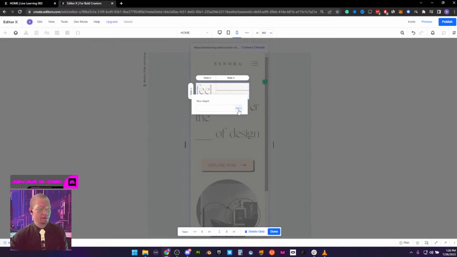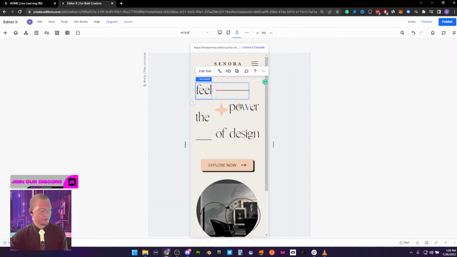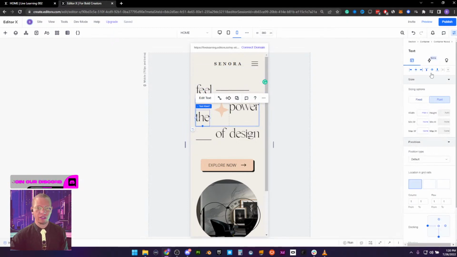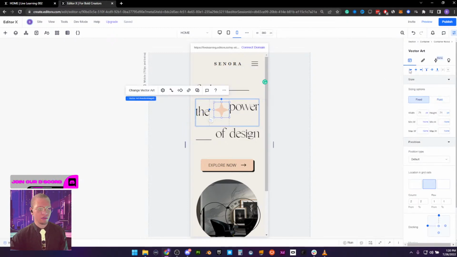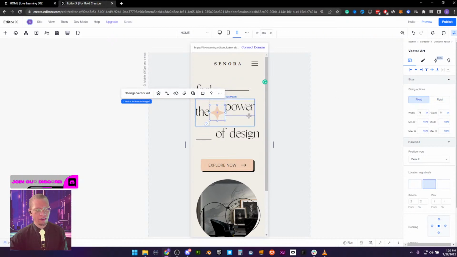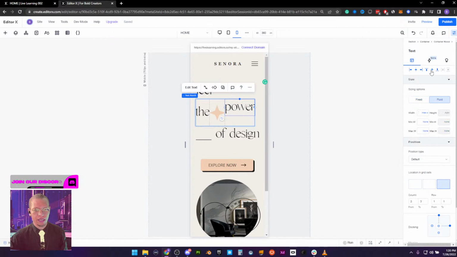But I want to go to my row setting here, and instead of min-max, I want to go to max content. So now we get a nice little squish here. And that's exactly what I'm looking for. So we're going to do that to all of this content here. We're just going to make sure we align all of this horizontally. I'm going to align my star here horizontally. Very nice. And power here, I'm also going to pull horizontally.